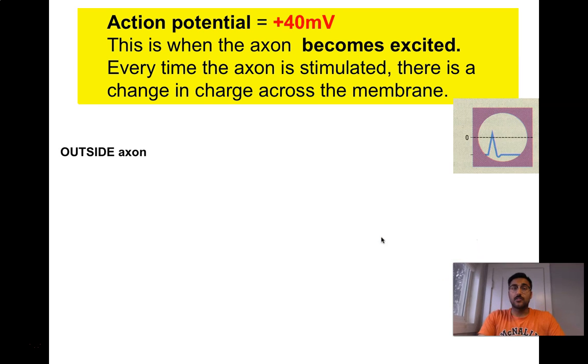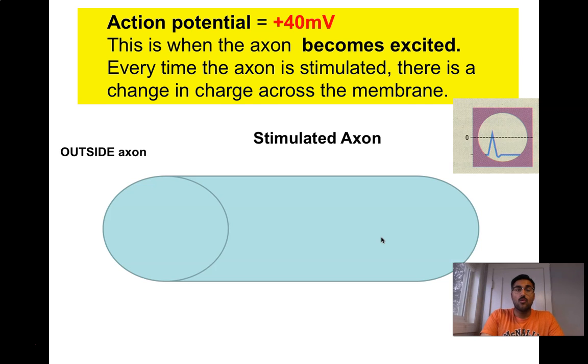An action potential is when the neuron is no longer at rest. It's been triggered. There is a signal being propagated throughout that axon or throughout that neuron. So when the axon becomes excited and is actually transmitting an electrical impulse, there is a charge difference across the membrane and it changes. So now, in a stimulated axon, the outside is still positive, the inside is negative, but